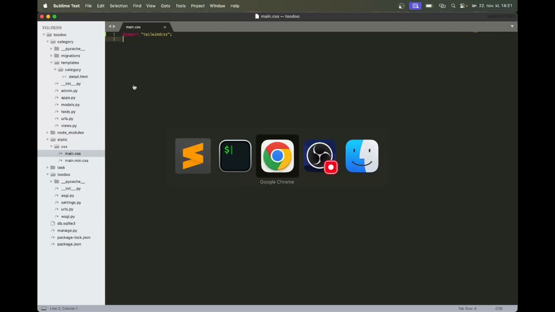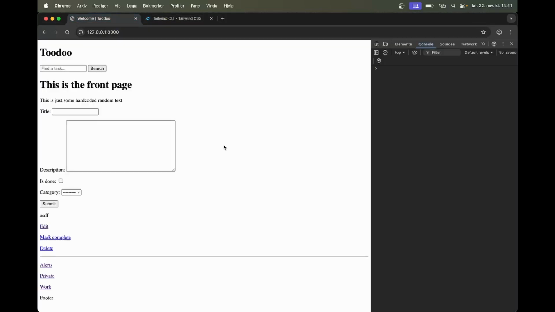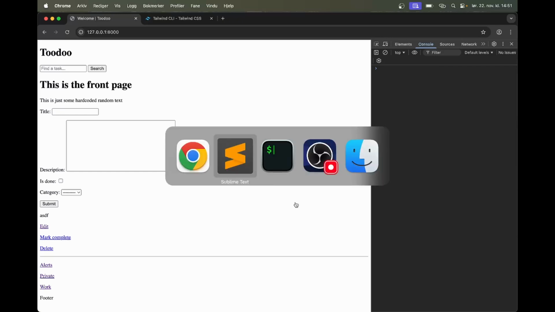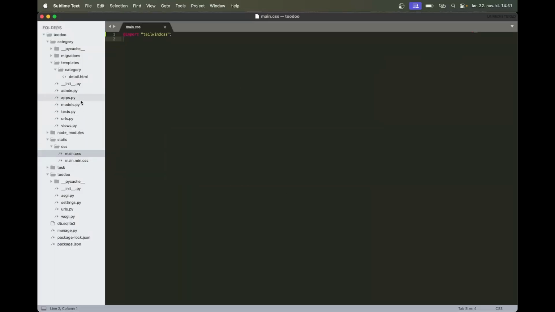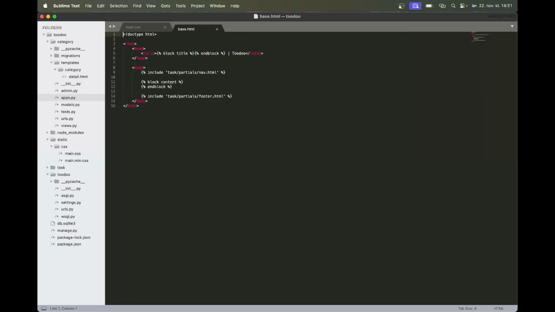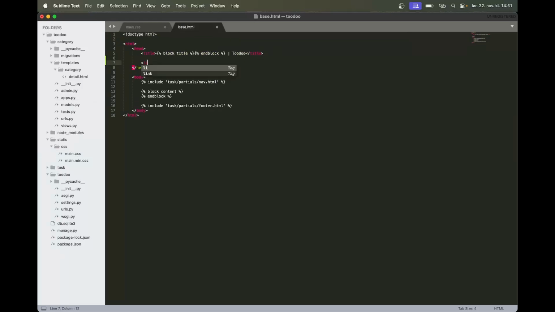If I now try to open up this project in the browser, you can see that nothing has changed. And that's because we have not included this CSS file yet. So let's open up base.html, and below the title we can say link rel stylesheet. And the href or the URL for this is a new template tag from Django called static. And I'll just say css/main.min.css